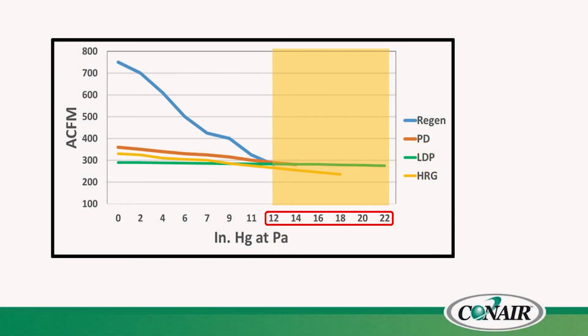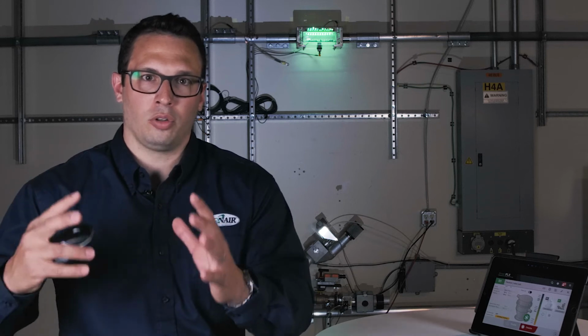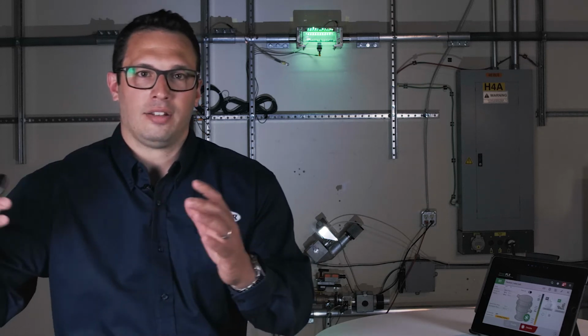Now, wave conveying requires deep vacuum, deeper than what a positive displacement pump can achieve. So our HRG pump, and on the screen I show our LDP pump, allows us to convey at a much higher vacuum, up to 20, maybe 21 inches of mercury, depending on your application and your conveying distances. We also utilize VFDs on our pumps. So once you get your wave conveying system in phase, we can use the VFD to slow it down and keep it furthermore controlled within wave stream or wave pulse to get speeds as low as 300 feet per minute